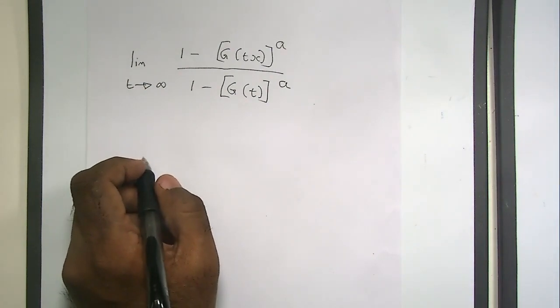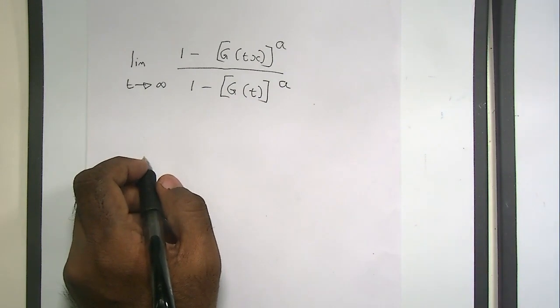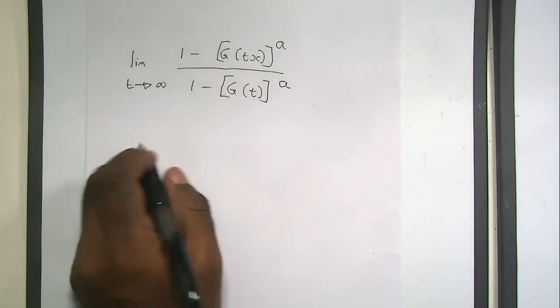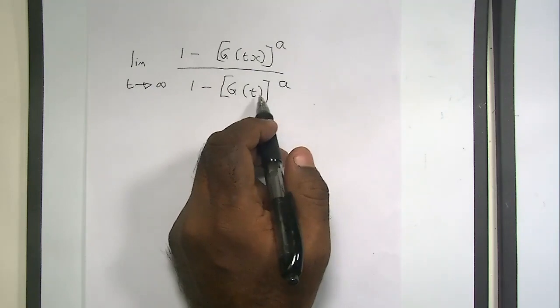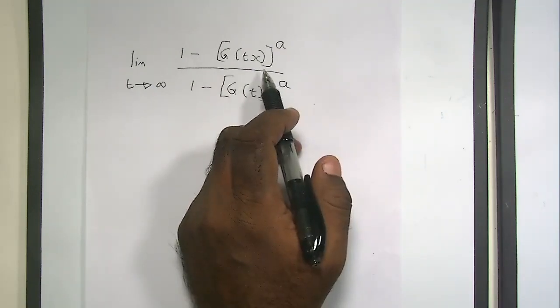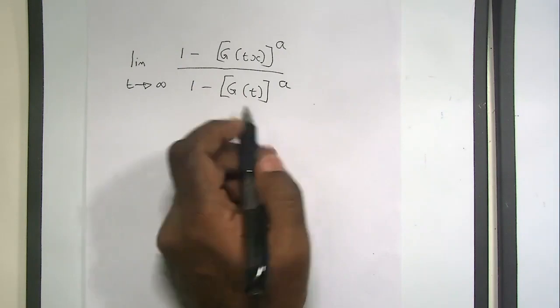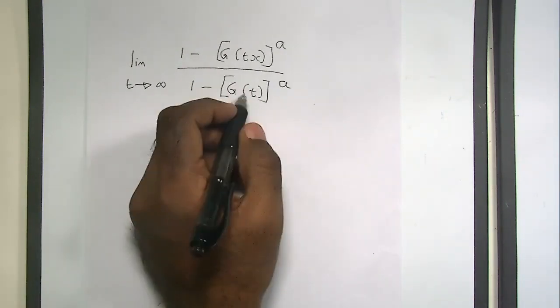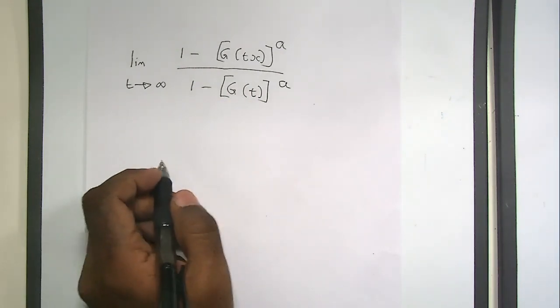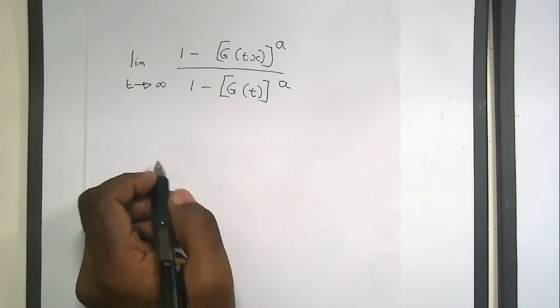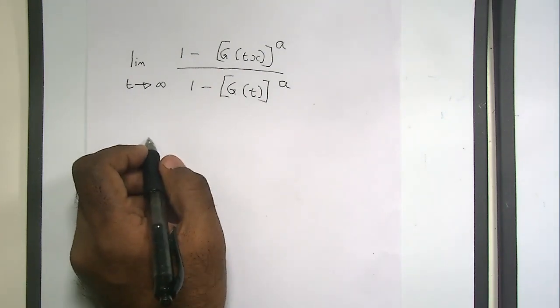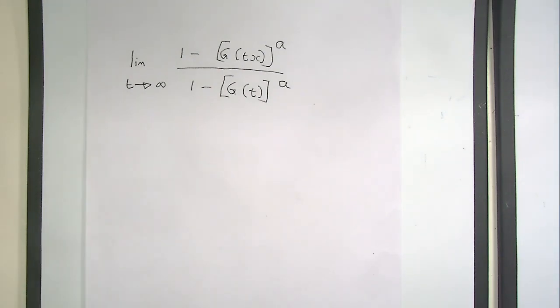Right? If you have something like this, guys, I know g of tx approaches 1 as t goes to infinity, and so does gt. So both of them approach the same limit, but that's not an argument. The fact that they both approach the same limit doesn't mean that